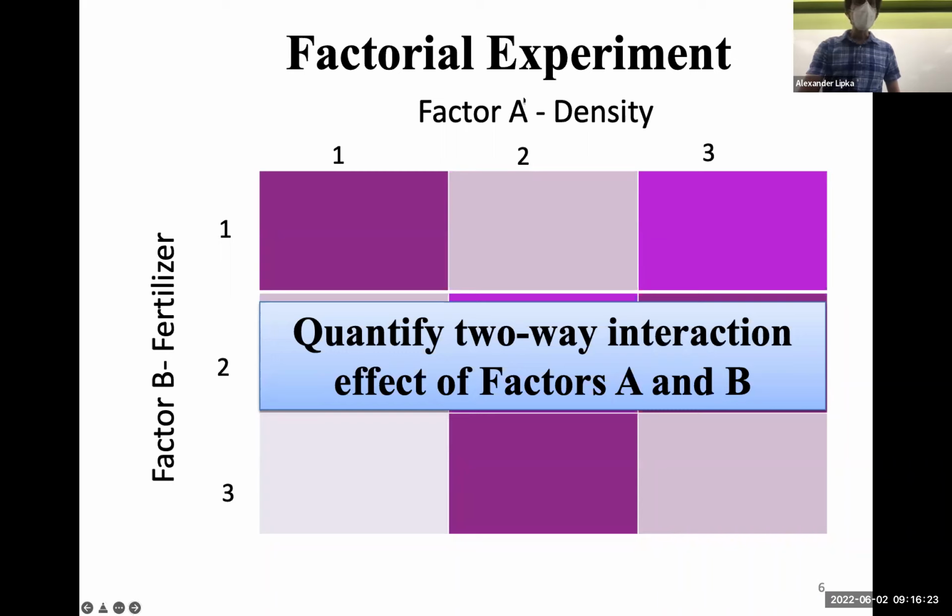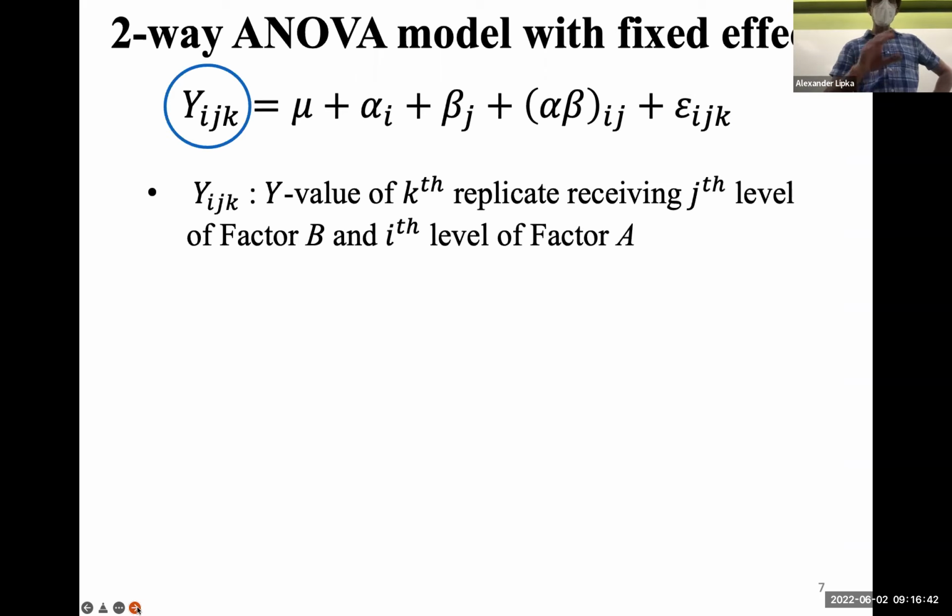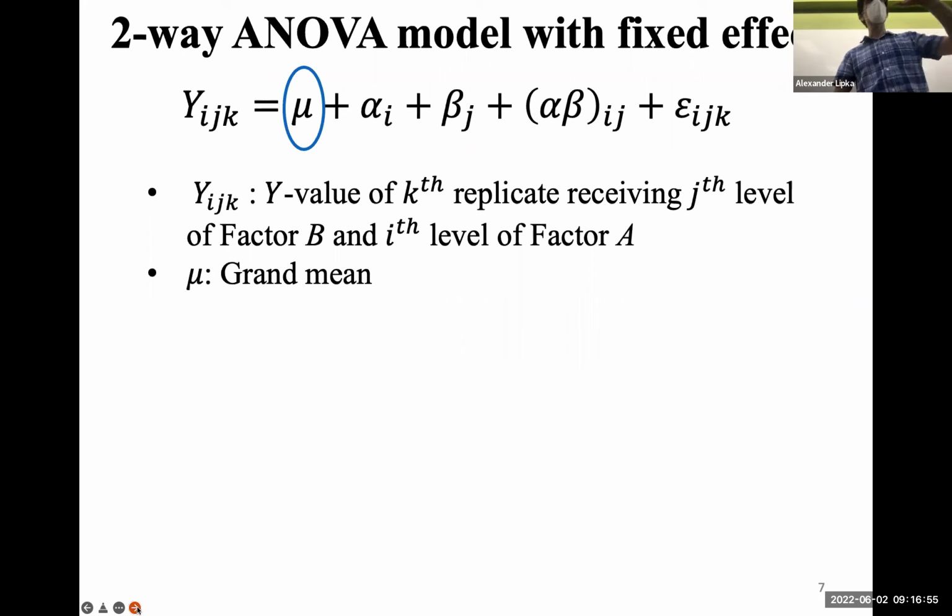Okay, so factorial experiment. Okay, so let's start talking about statistical models. So this concept, main effect of factor A, main effect of factor B, two-way interaction effect, we can encapsulate these concepts into this two-way ANOVA model, okay? So this is a y value of the kth replicate receiving the jth level of factor B and the ith level of factor A, okay? This is our grand mean. So we can imagine that this is the population mean of y, of yield, no matter what